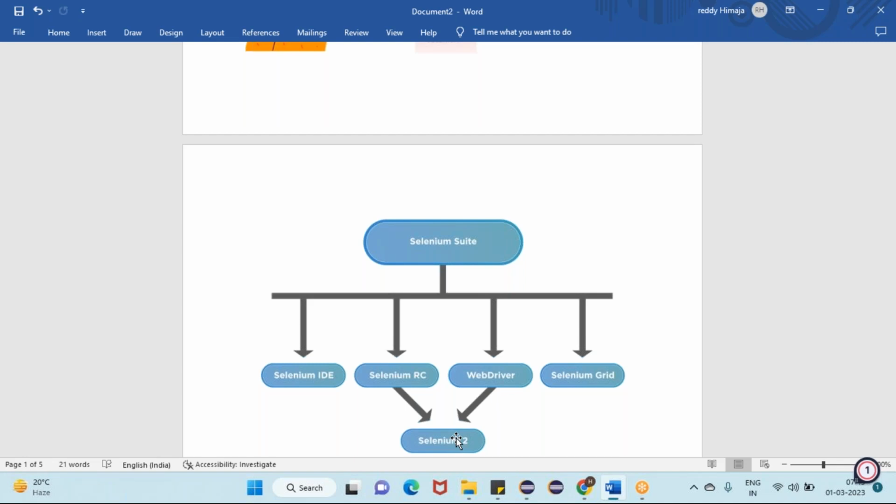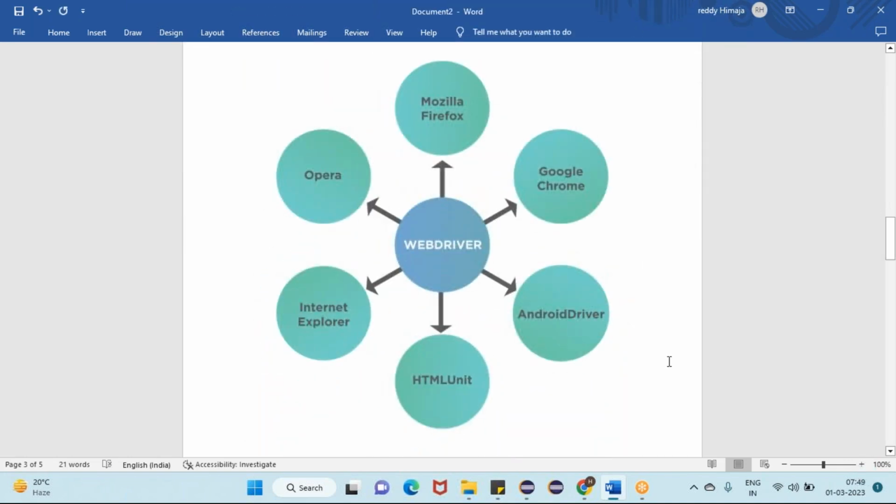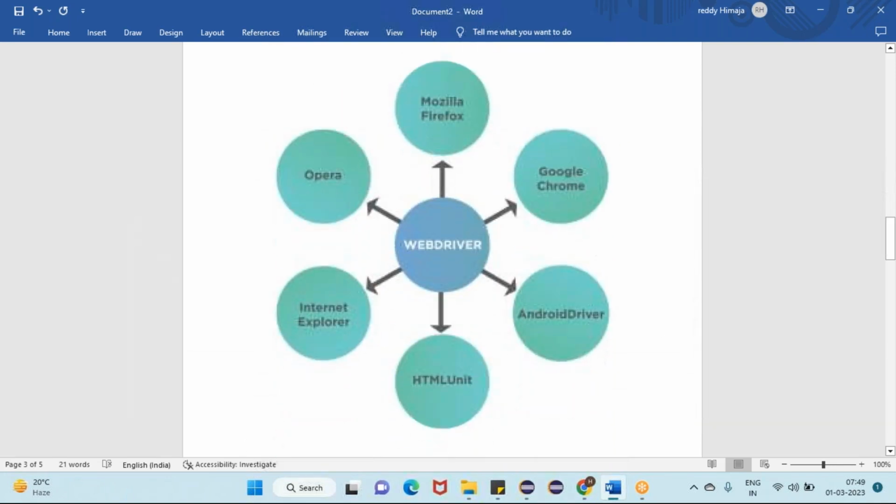So that is the reason. Most of the companies are using Selenium 2, guys. And by using Selenium, we can automate our web applications in all of these